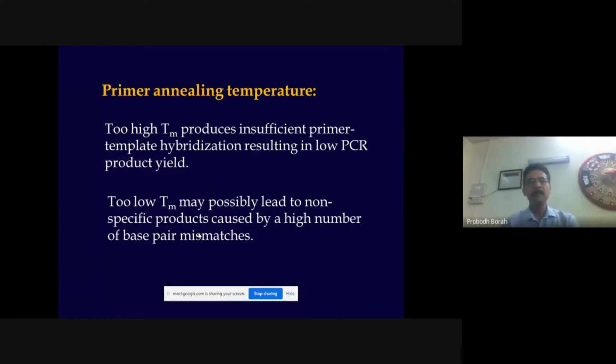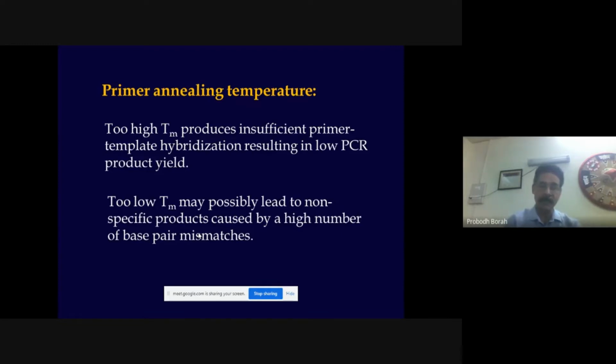If the TM value is more, then you have to adjust the annealing temperature accordingly. Normally, annealing temperature is calculated as 3 to 5 degrees Celsius below the TM value. If the TM value of a primer is around, say, 58 degrees Celsius, then the annealing temperature for PCR should be around